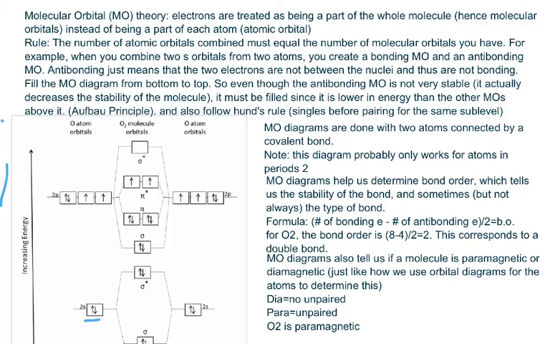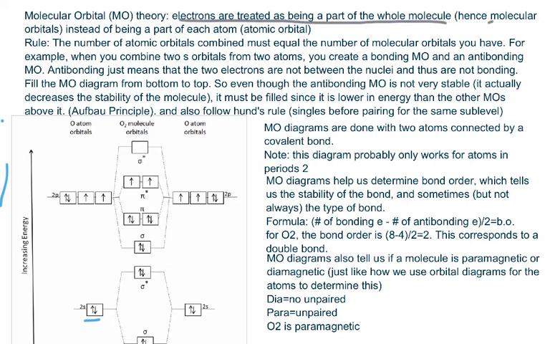Hey everybody, in this video we will go briefly into a topic called molecular orbitals. The molecular orbital, or MO theory, is basically a more complicated but precise way of thinking about covalent bonding. The topic itself is quite complicated, but in summary, molecular orbitals treat electrons as being a part of the whole